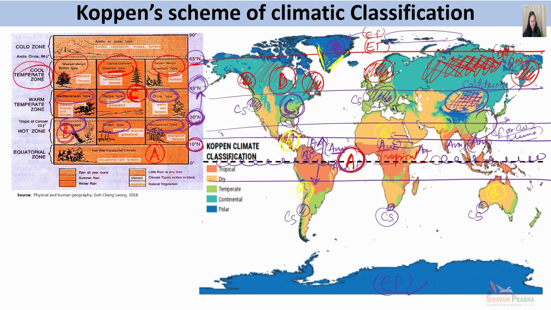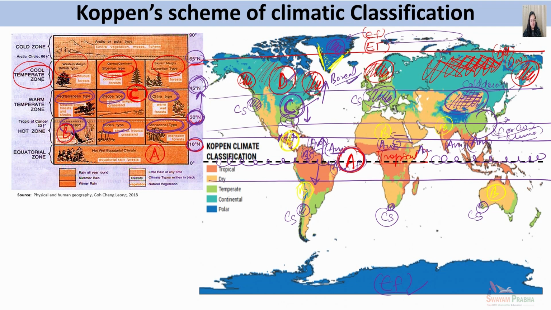And as the precipitation reduces further, you will have savanna type of climate with scattered trees here and there and grassland type of vegetation. And then gradually it will transition to desert type of climate where you will have xerophytic vegetation. C type of climate is also dominated by mixed forest. Towards the tropical areas, you will have more deciduous type of forest, and towards the temperate regions, you will have more evergreen type of forest.